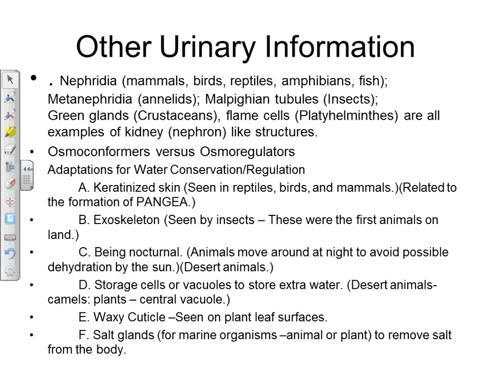Last things. We got to cover this before we go. Some other ways to keep water in, to regulate your water balance. Keratinized skin. Reptiles, birds, and mammals. We all have that protein called keratin that makes our skin waterproof, right? That's what scales are made of in reptiles. Helps us to keep water in. Insects have an exoskeleton made of chitin. It keeps water in them, right? It's waterproof. A lot of animals are nocturnal, like desert animals. Most of them come out at night, right? Snakes and stuff like that.